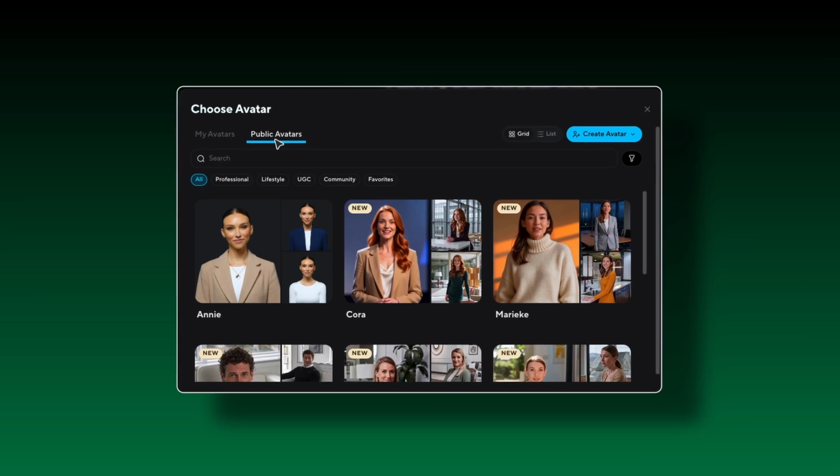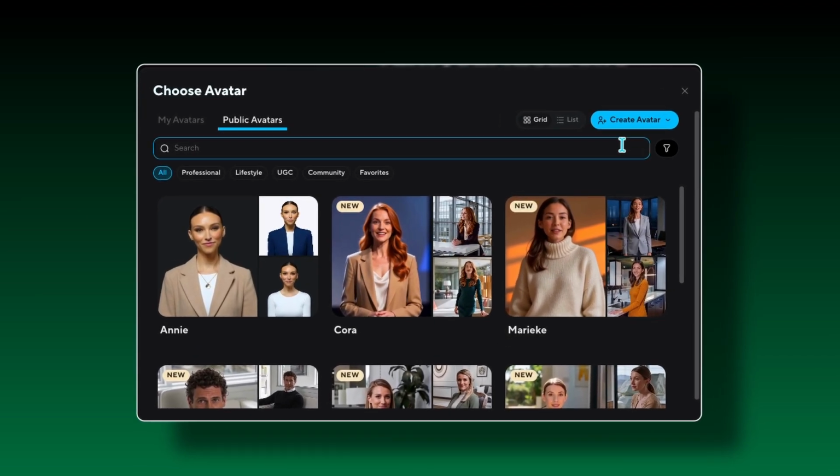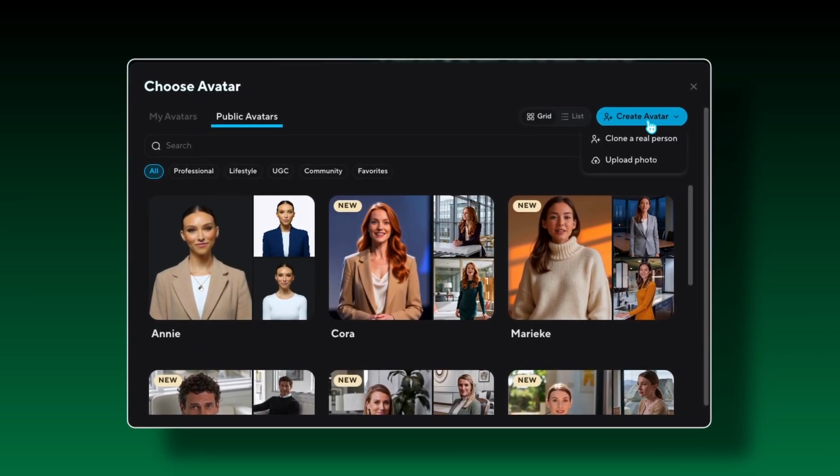And that goes for the person on camera too. You can pick one of their ready-made presenters, or let the AI choose one, or you can make a digital twin of yourself from a short recording. And then it delivers your script with your face and your voice. So if the thing that's been stopping you is having to get in front of a camera at all, right here is where that stops being a requirement.